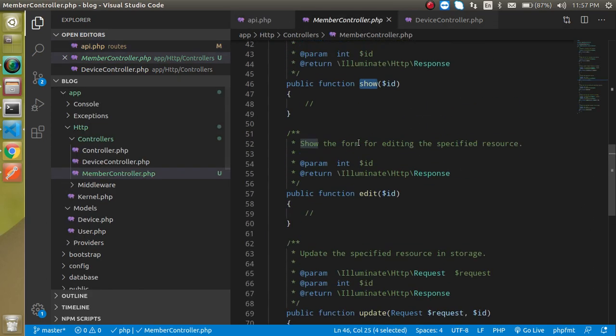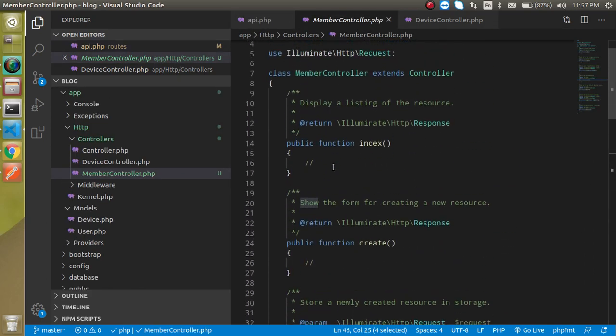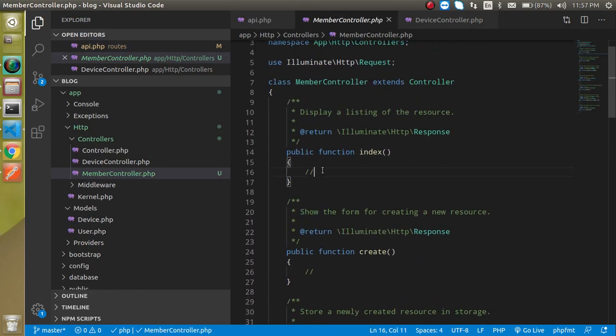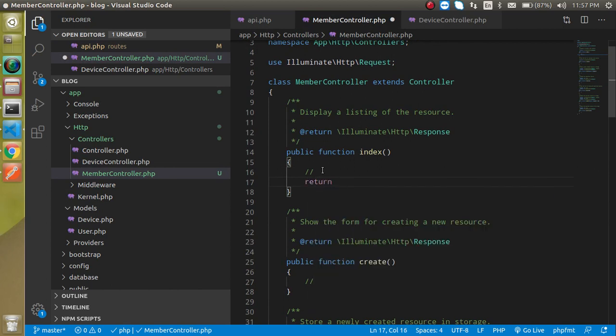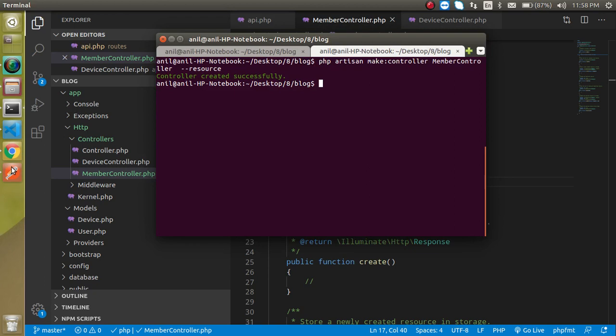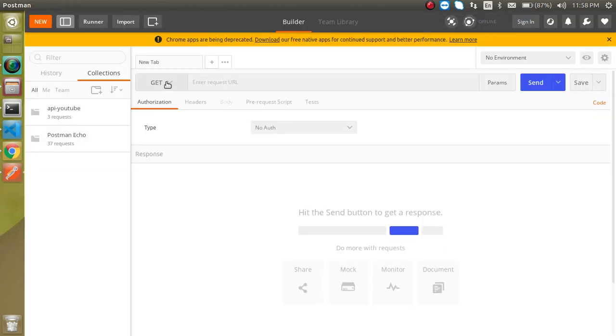Now let's go to the MemberController, and let's say we want to call the index function. Because it is blank, let's return some data here like result data list or something. You can put whatever you want, right? Now let's go to Postman and select GET.